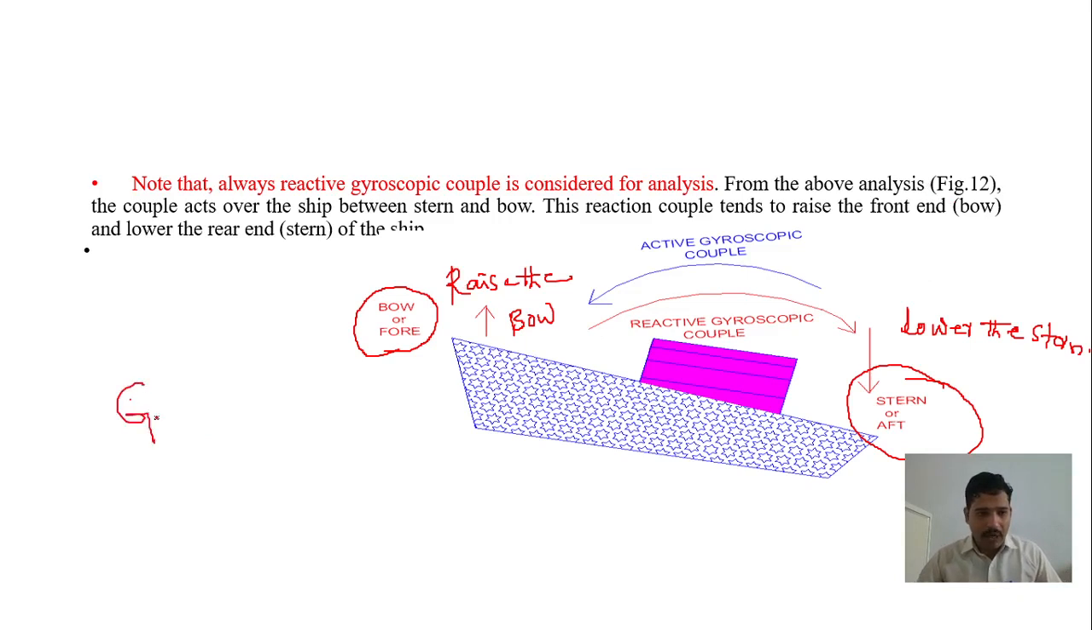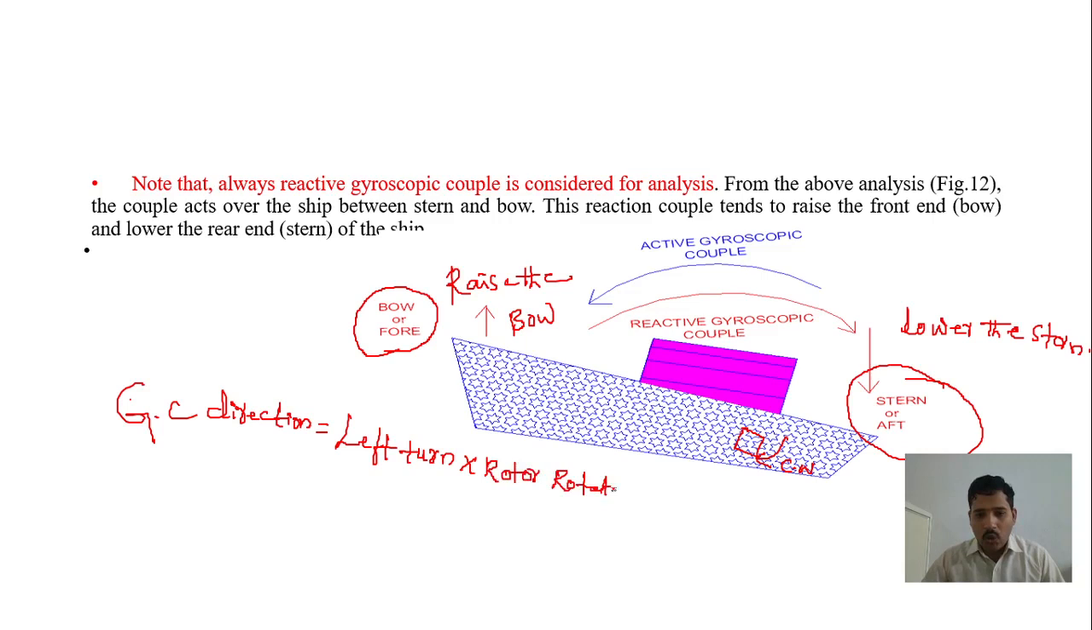The gyroscopic couple direction. So our ship is taking the left turn. But this engine, how is it rotating? It is rotating in clockwise direction when observed from the stern. So we have to represent here the rotor